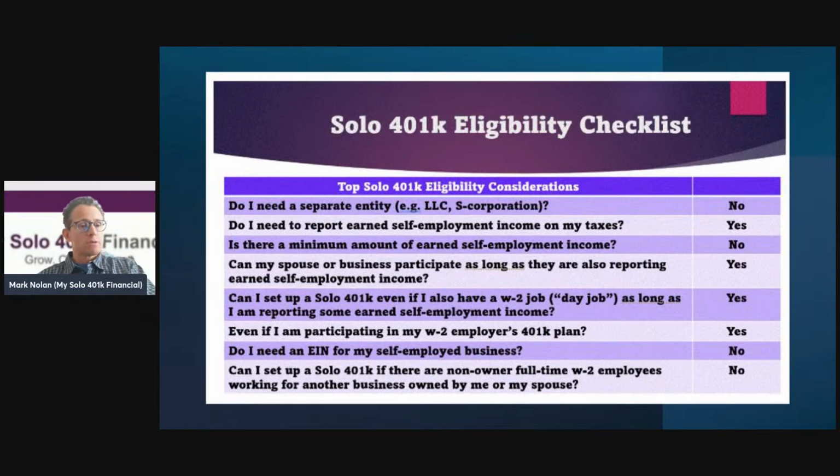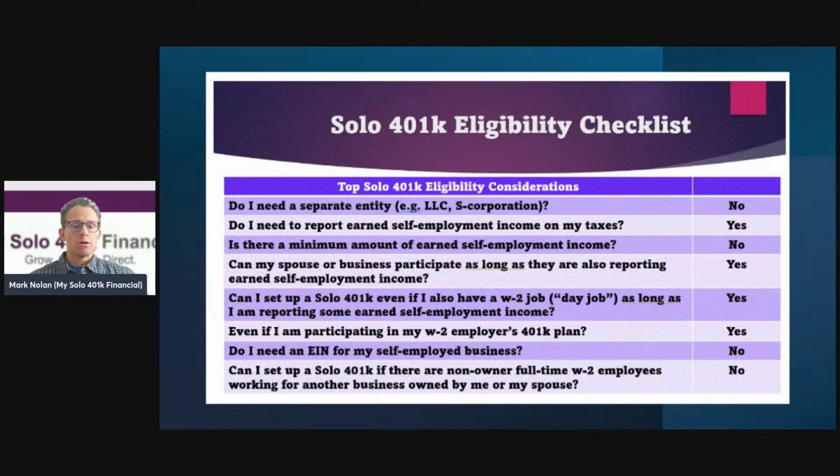Yes, your spouse can also participate in the plan, as I just went over a couple slides ago. In some instances, you might even have a daytime job and you participate in that daytime employer's 401k. You also have a self-employed business, and you also open a self-directed 401k for your self-employed business, resulting in two separate 401k plans. That is one with your daytime employer and the second one for your self-employed business. Contributions to that self-directed 401k would be based on your net self-employment income from your self-employed business, not your day